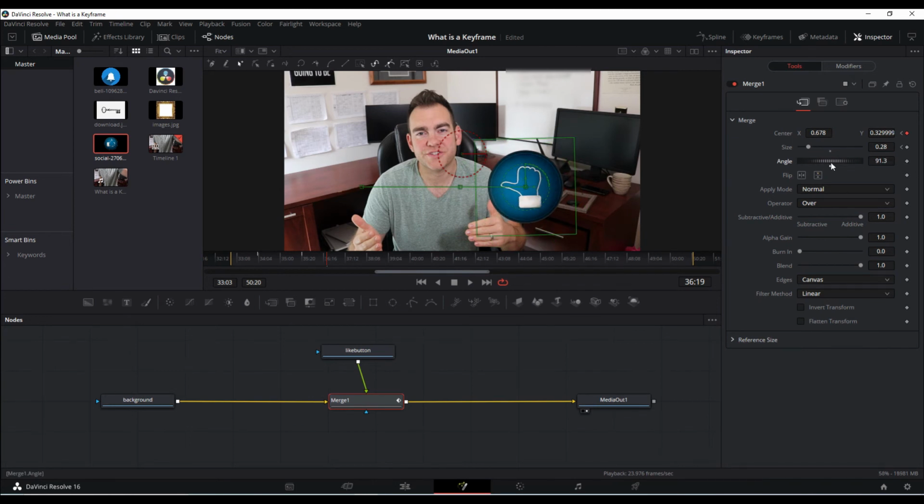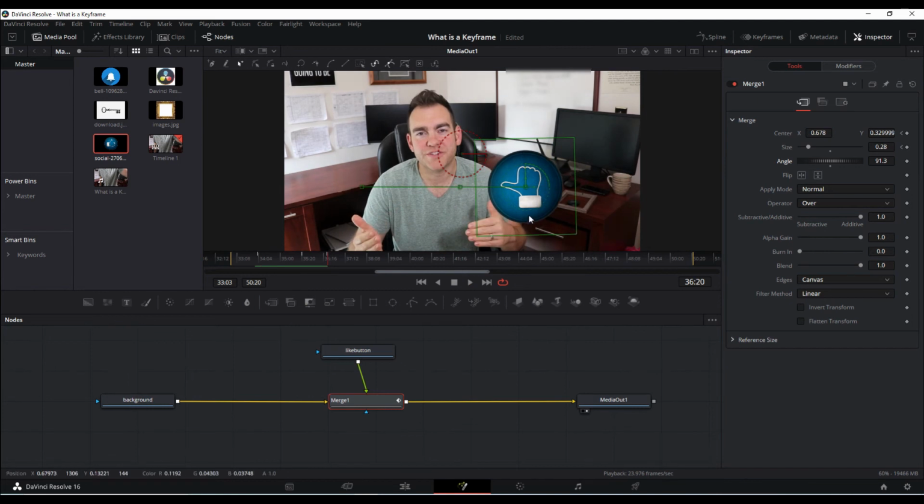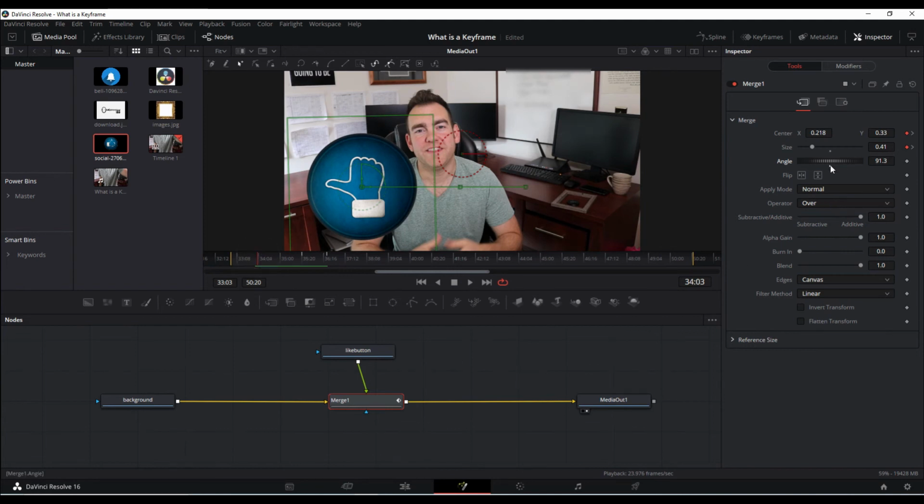So if you do a different spot, like an angle here, but you don't set a keyframe, it's actually going to save it for the rest of the clip. So if I go back here, you can see it's all the same. So you want to make sure if you change anything along the way, you set the original keyframe at the first point. So if I go back to reset here,